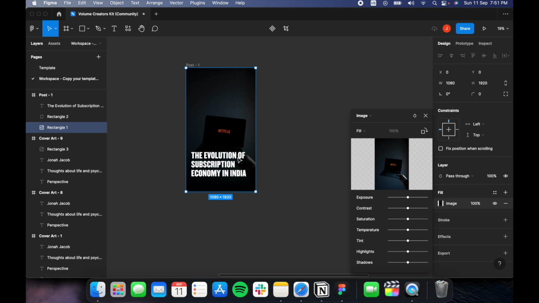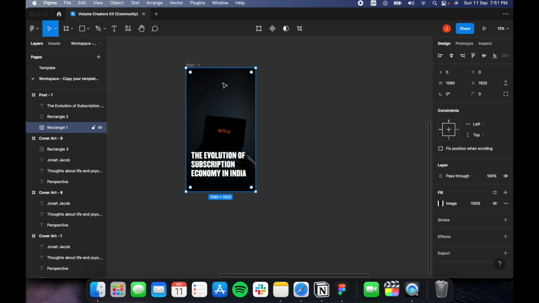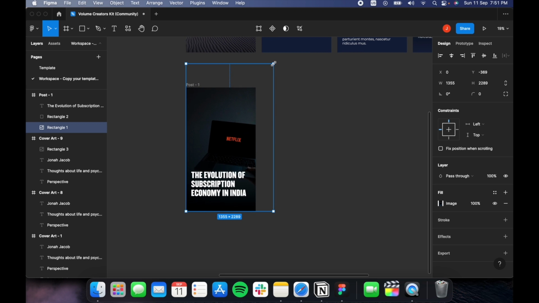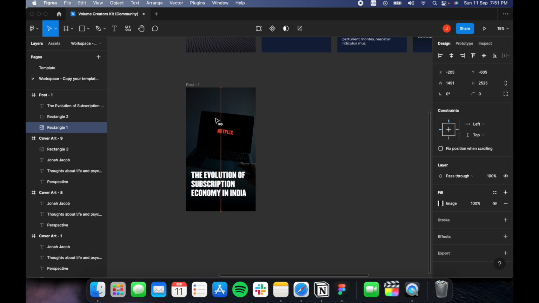Awesome. So I think I could bring this a bit more up. So let me double click the image. So now the image is selected. So I could make it bigger. You see that even though I'm making it bigger, it's still in the canvas. We select the whole thing, take it, make it center aligned,